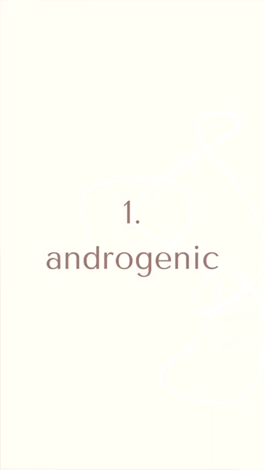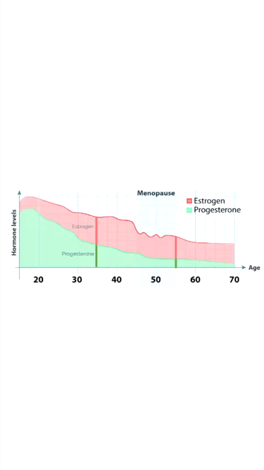So number 1, the most common, is often androgenic, which is hormonal. As we age, our estrogen and progesterone, as we know, start to decline, and sometimes there's a genetic component to this, but often we are overproducing androgens. Those are more of those male sex hormones, and there's something called DHT that is being activated, which then